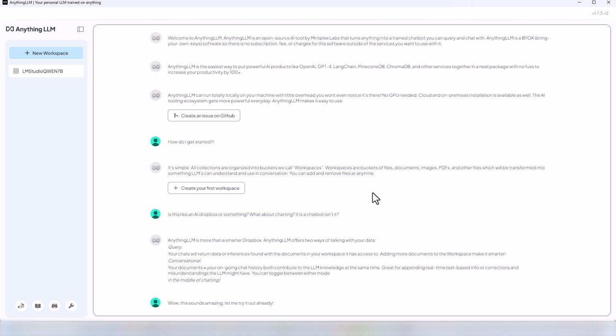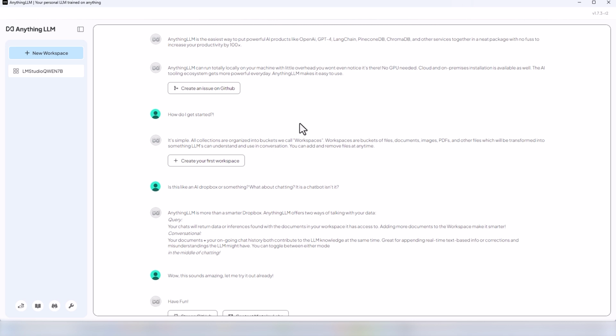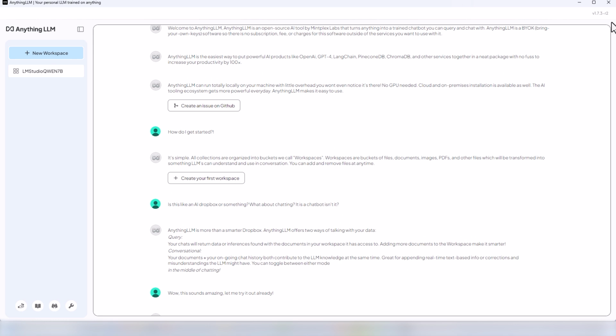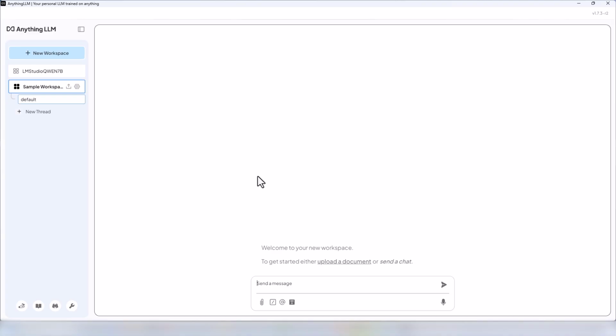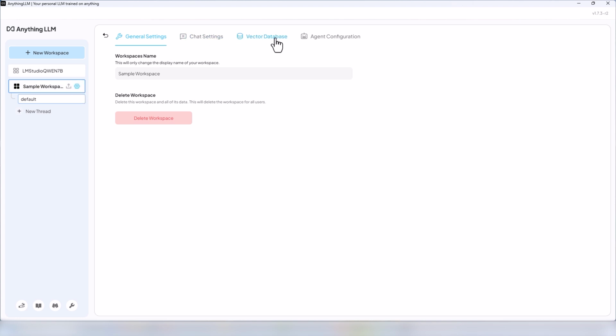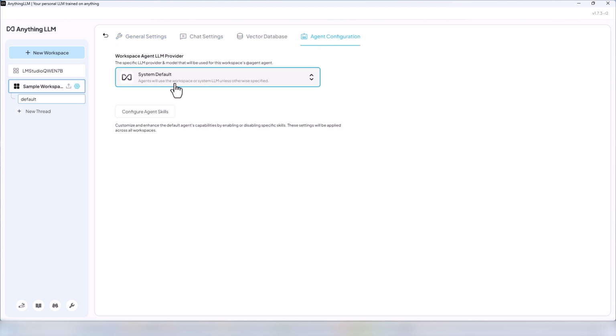Now that we have opened up Anything LLM, I can create a new workspace and just provide my prompts. The main page provides a general guide on how to get started with Anything LLM. Like Ollama, this tool also has a large community that you can ask questions, create GitHub issues, and if you face anything. So I click on the new workspace and type the name of my workspace. Here I just type sample workspace,